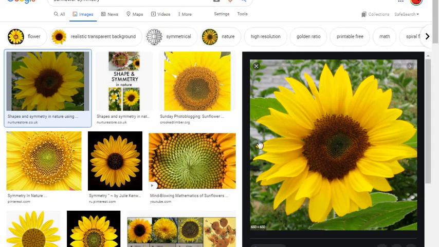Now what is the order of symmetry of this sunflower? You rotate it through any degrees, it will always look the same. So 360 upon 360 equals 1. Sorry, 360 upon what is the minimum angle? You rotate it through 1 degree also, then it is 360 upon 1, equals 360.